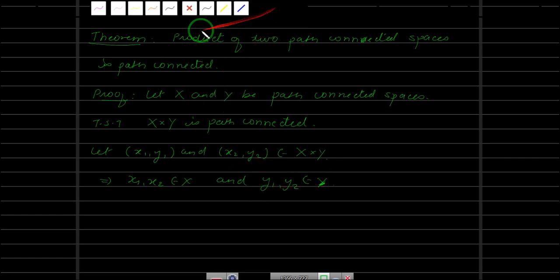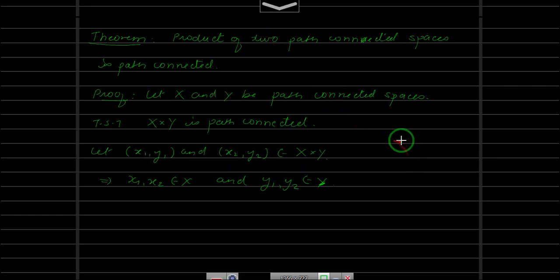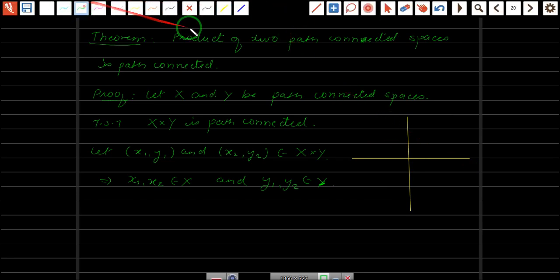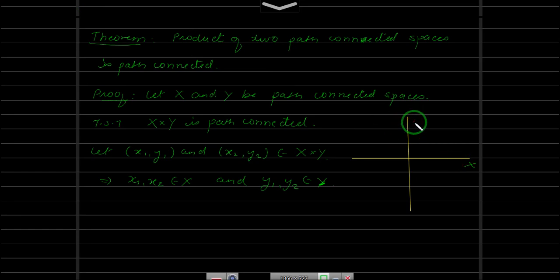So let us just draw this. This is x space, this is y space. Assume this is R2 kind of thing. Otherwise, this x axis, y axis will not make any sense in the general topological spaces. So this is just for your understanding. Let us take 2 points, here we have taken 1 point and here we have taken another point. Say this is x1 y1, x2 y2.